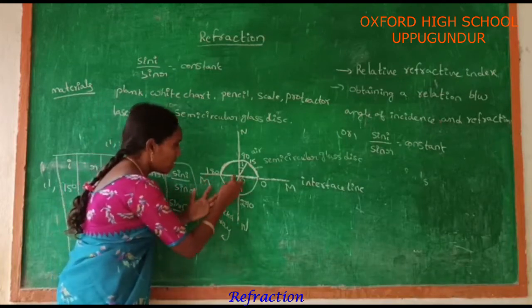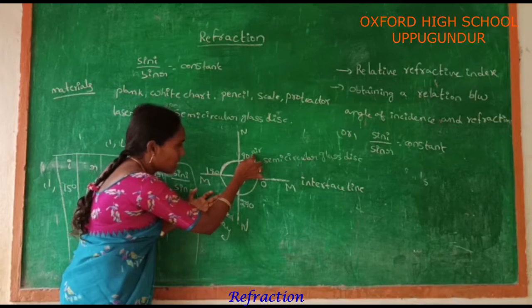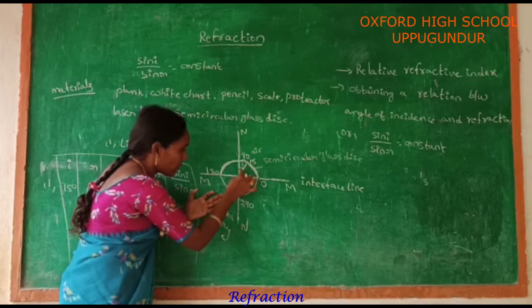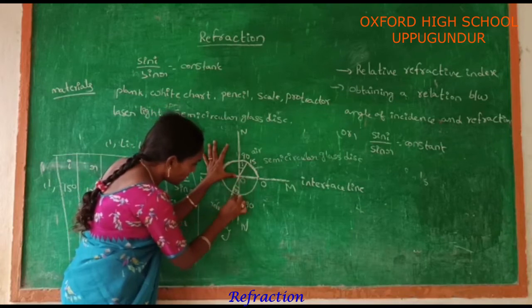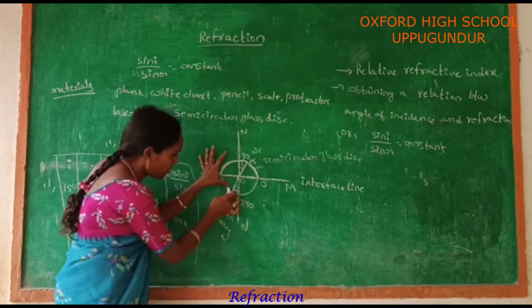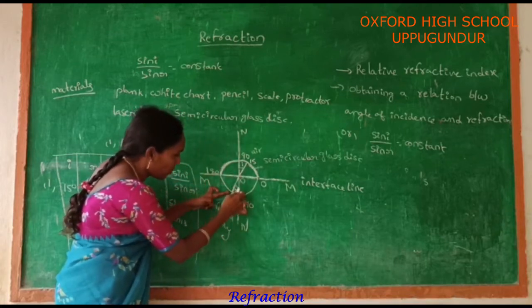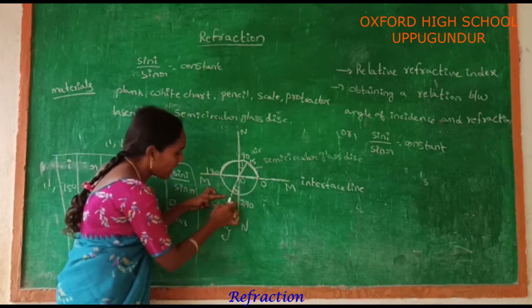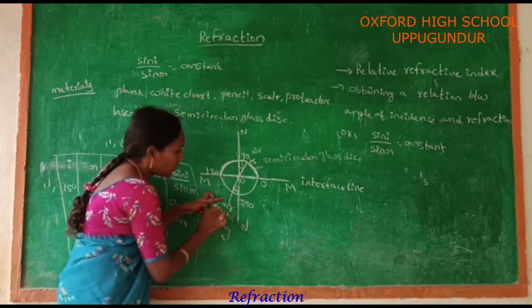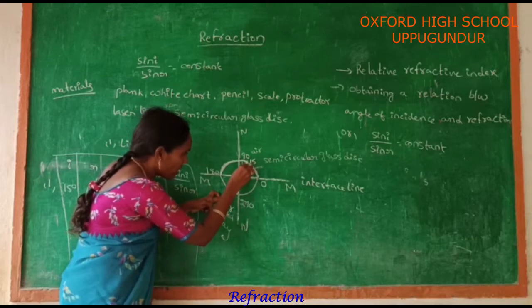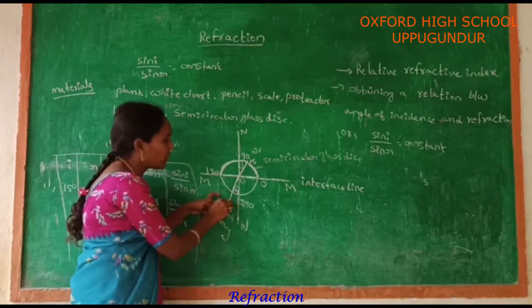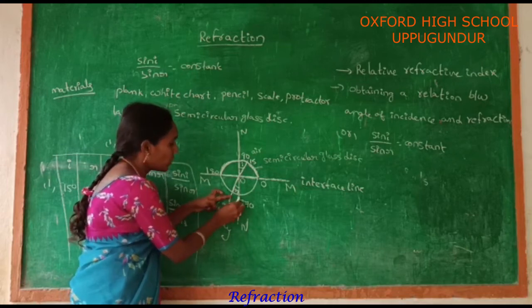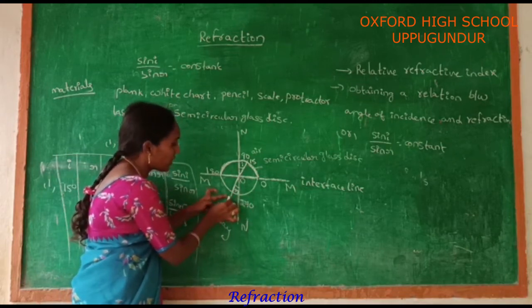Now in this case, first the light ray travels from air to glass. At the boundary, the light ray bends towards the normal. After that, the light ray comes out of the glass disc and enters the air. This one is called the incident ray. Finally, this one is called the refracted ray. Okay? Find the angle between the normal and the refracted ray.